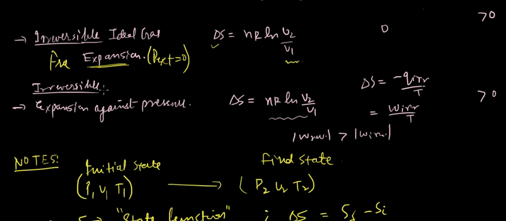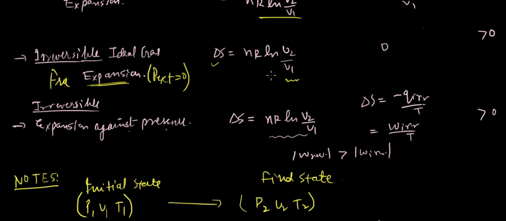Next we see the irreversible ideal gas expansion against some pressure. So now we are applying some P external, so the delta S system would still remain the same, but for the surrounding we can write that whatever heat is generated from the system to the surrounding, heat generated from the system would be Q irreversible, and heat that is imparted to the surrounding would be minus of this, because heat is going from system to surrounding. So Q irreversible can be written as